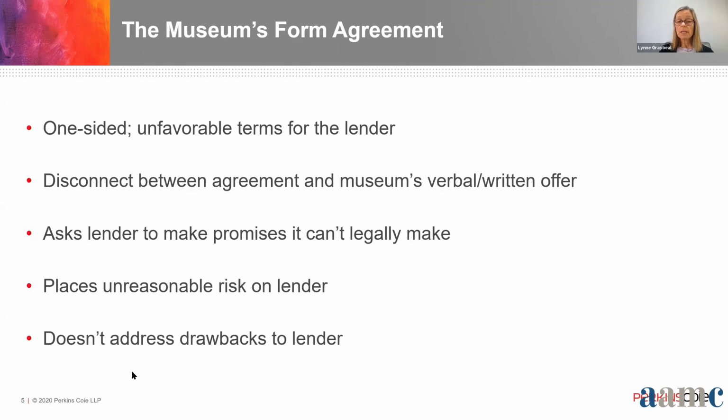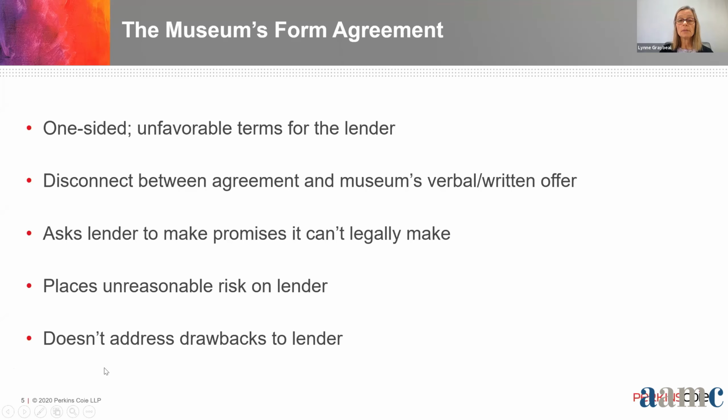This presentation doesn't suggest in any way that borrowing institutions are mishandling work or taking unnecessary risks with loaned work. But we all know that bad things can happen even with the best of intentions. And often the initial expectation in the discussion is for the collector to trust the museum as well as bear all the significant risk or majority of the risk of the loan. And what this typically means is that the drawbacks that are listed on this slide for the lender are often not adequately addressed in the loan agreement.